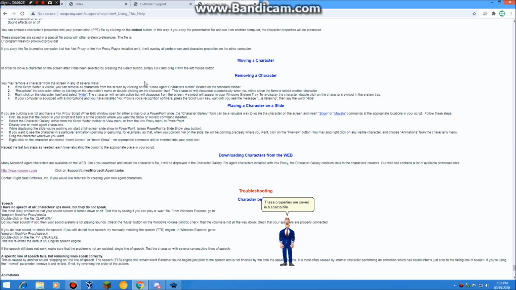These properties are saved in a special file along with other system references. The file is in C, Program Files, VoxProxy. If you copy this file to another computer that has VoxProxy or the VoxProxy player installed on it, it will overlay all references and character properties on the